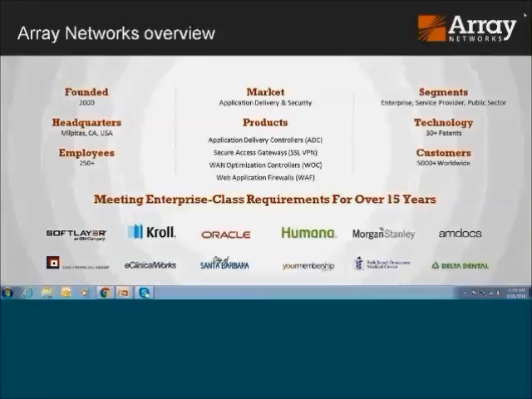You'll begin to see that these are the networking functions that Array Networks is enabling for deployment in conjunction with or on the Nutanix platform. As far as the segments that we operate in, enterprise, obviously we've been doing that for a long time, as well as public sector, state and local government, education, and more recently with the rise of the cloud, we have